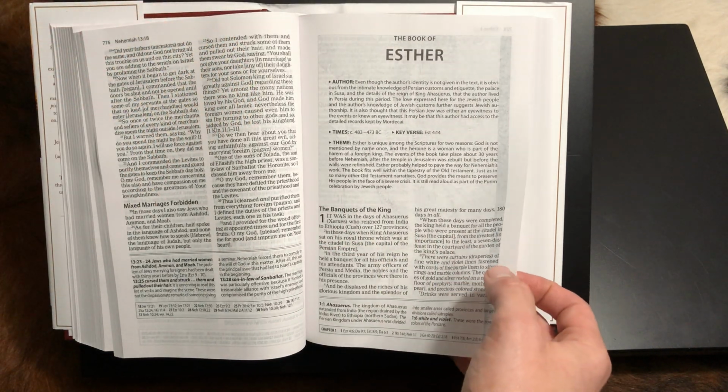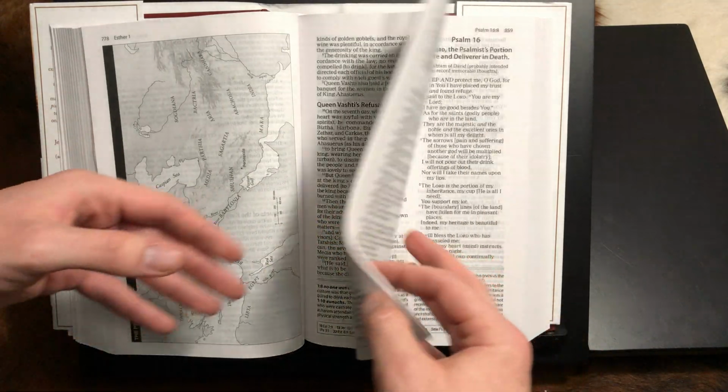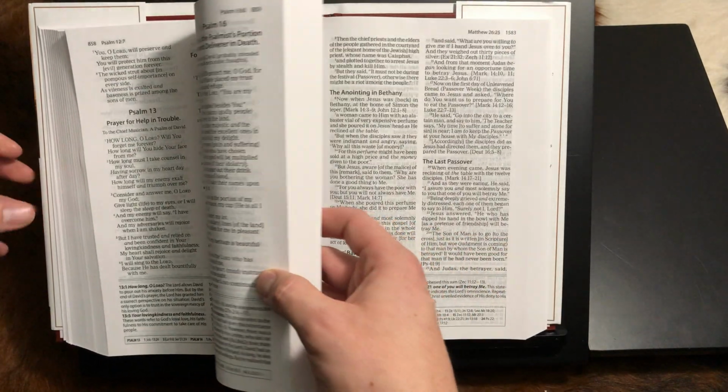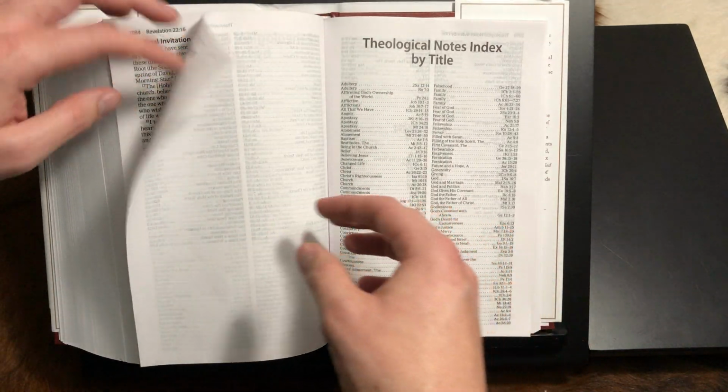And then there are book introductions. Each book has a book introduction and a map, and this is easy to read too. And of course, this is the whole Bible. Now, after Revelation,